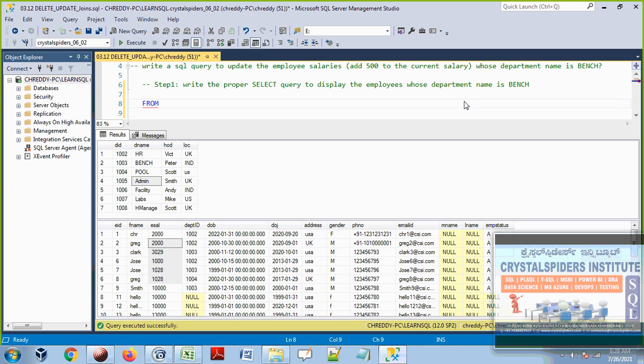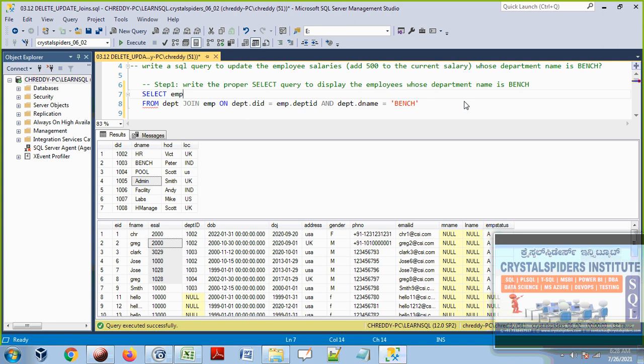Get the data from DEPT, join EMP based on DEPT dot deptno. So now I am writing a simple join statement to get the people who are there in the bench department. So now I am going to put where dept dot dname equal to bench. That means I am going to take only the bench department people to join, so take only the employees.